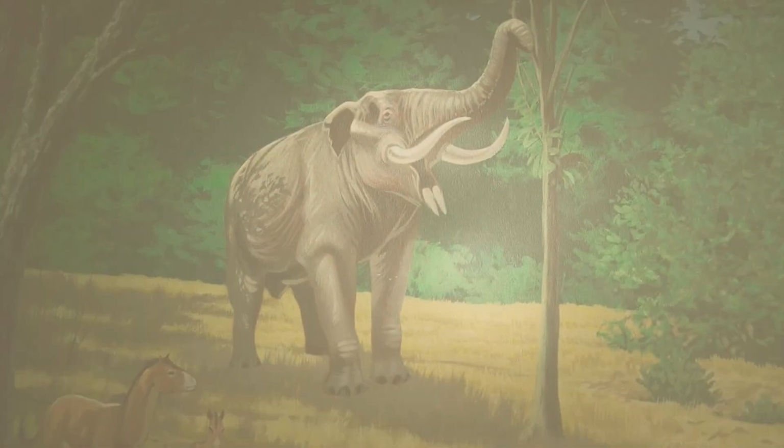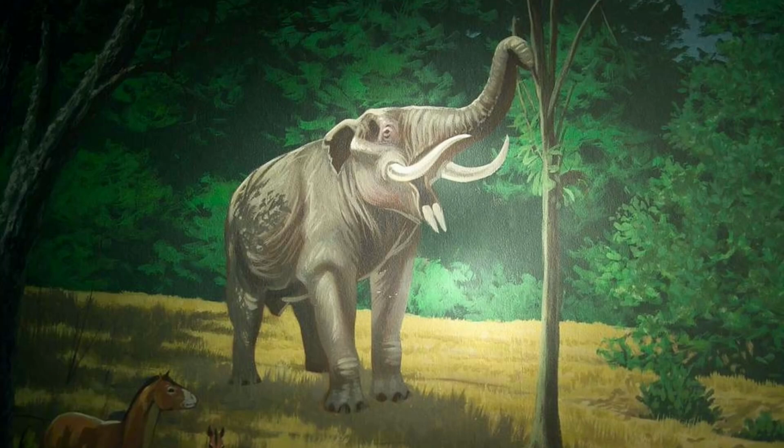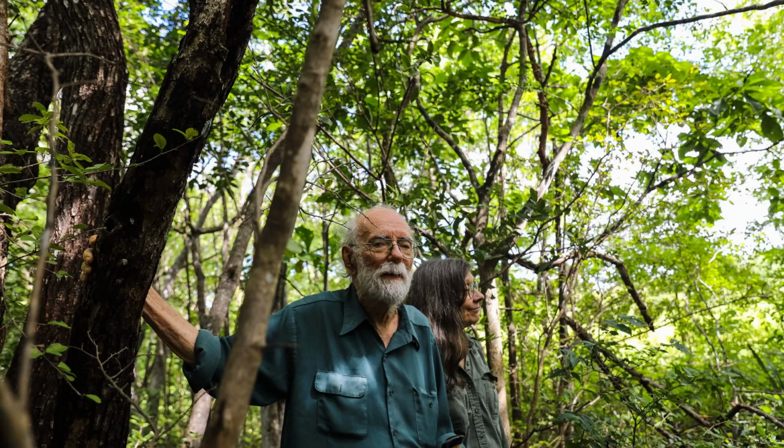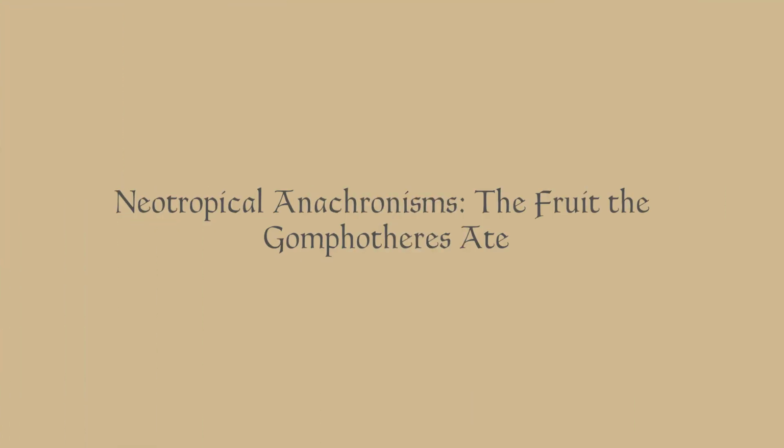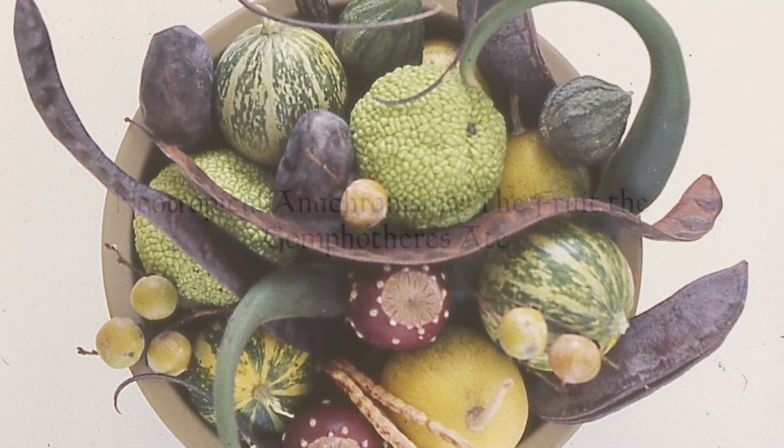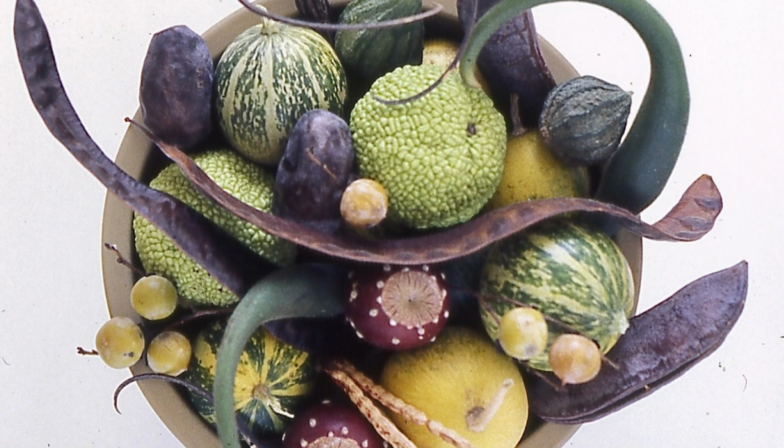The term evolutionary anachronism came to fruition due to two scientists who co-published a research paper explaining the phenomenon. Dr. Daniel Janzen, an ecology professor from Penn State who researches biodiversity and ecosystems, worked with the late Dr. Paul Schultz Martin, who was a geoscientist from Arizona State University. Together, the two published the 1987 paper titled Neotropical Anachronism: The Fruit the Gomphotheres Ate, which would go down as a landmark paper for the concept of evolutionary anachronism.